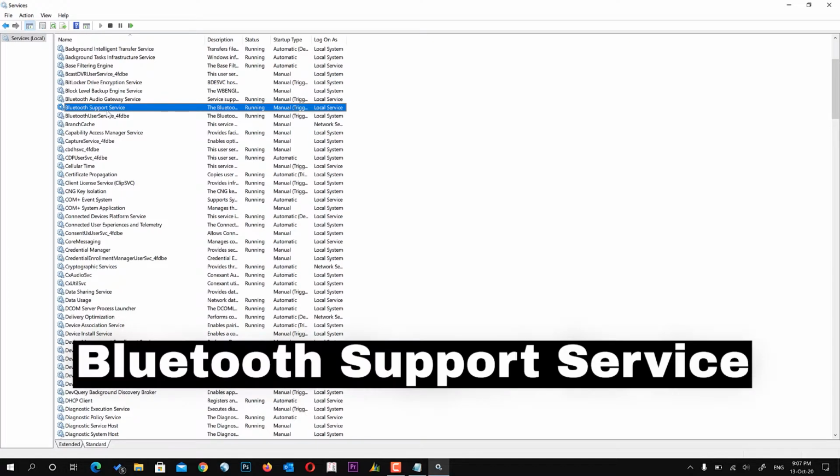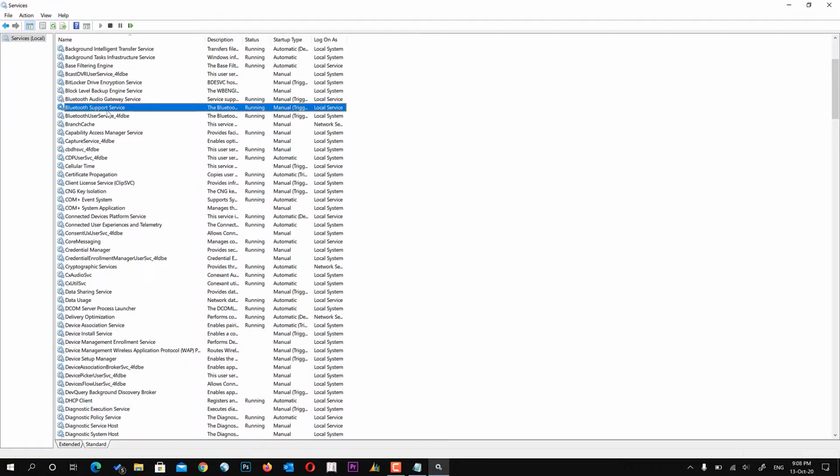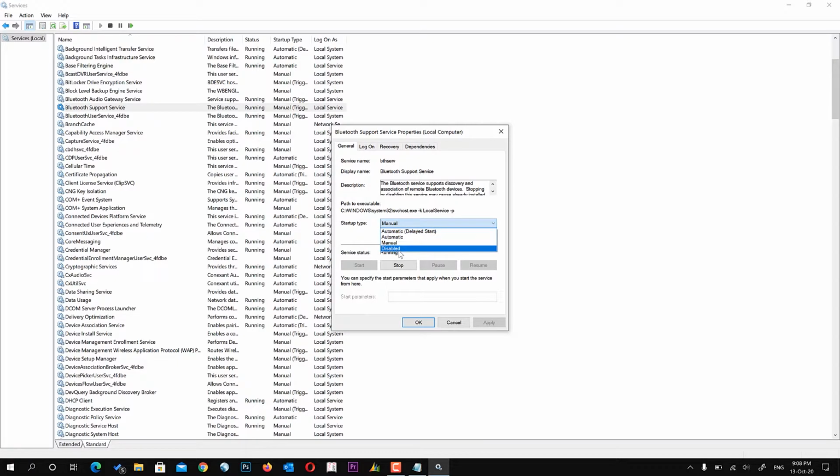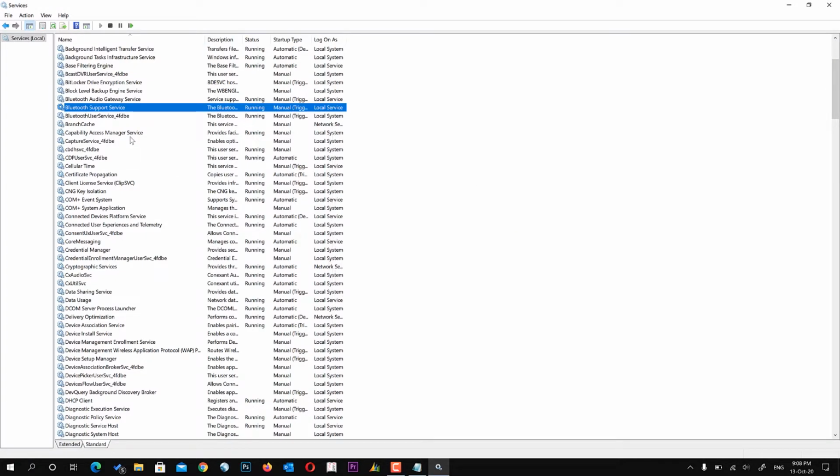Bluetooth Support Service. This service allows users to wirelessly connect devices like a speaker to a desktop or laptop. This is an essential service for Bluetooth connectivity, but it is not essential for Windows 10. So if you are not using Bluetooth devices, you should possibly turn off this service. For that, you just right click on Properties and disable it. However, it is already set on Manual, so until you run this service from the application, it will not run.